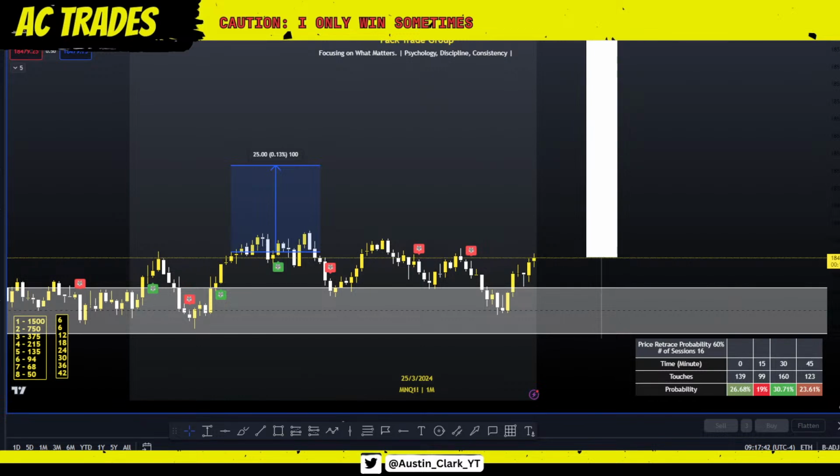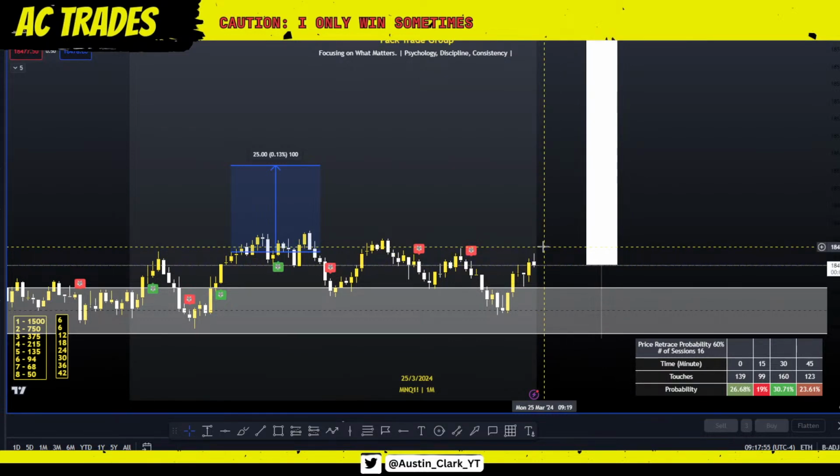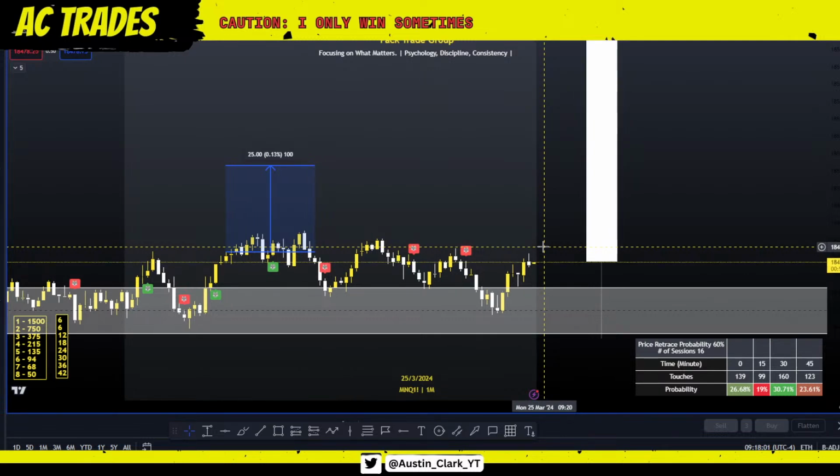Let me see here. We're trying to print some bullish distribution, but it's not looking like it's going to close out. We could, but it's not looking like it. You guys noticed there, it was trying to print. It really was. I was hoping that could have printed so that I could have DCA'd into my position a bit more.